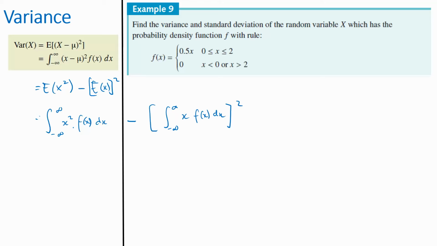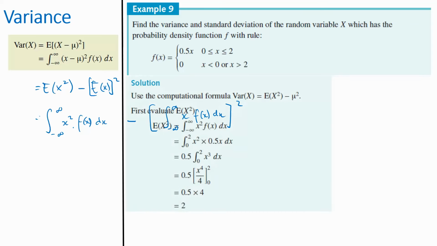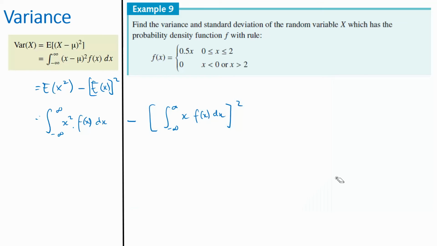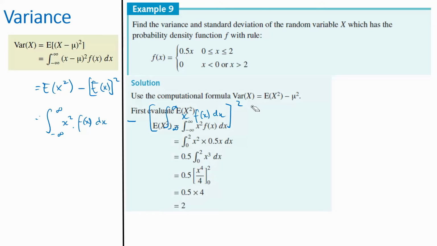Did I have the solutions for these? Yes, I did. That's the formula that I just showed you, why it comes about. This is what they're doing too. They're using the computational formula: E of x squared, if that's x squared, this is x squared. If that is x minus mu squared, that's x minus mu squared. It's the same pattern. Then you've got E of x from the previous question; square it, subtract them, and you get your variance.